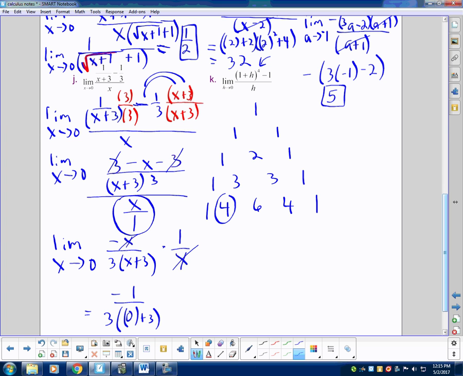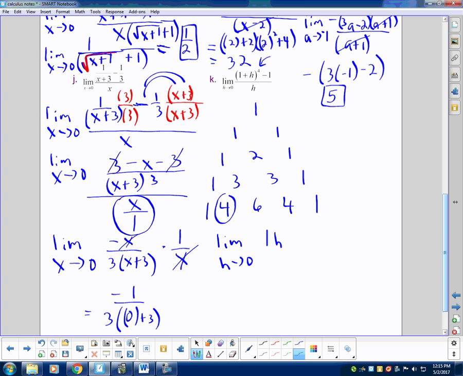There's actually a way to calculate this using combinations on your calculator, but if the power is not too high, it's not a big deal to just use Pascal's triangle to figure out the coefficients. So, the expanded out version of this thing, let's write it down. It's limit as h approaches 0 of